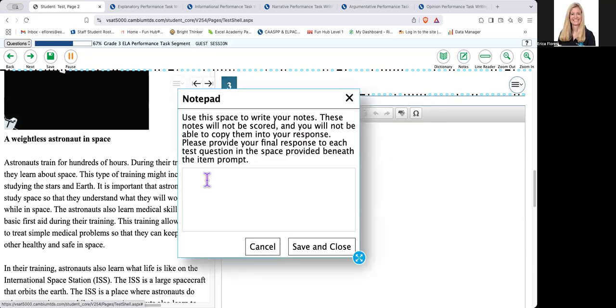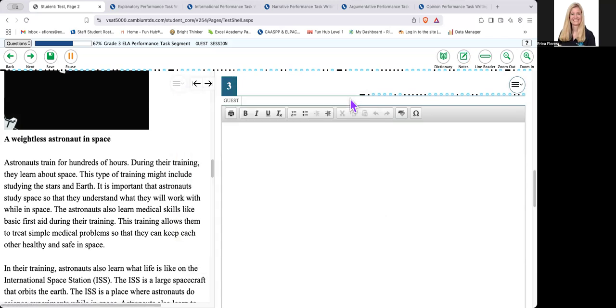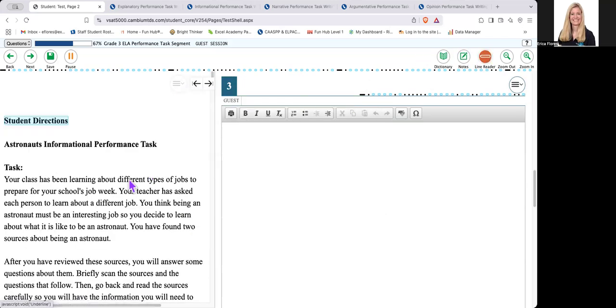If they want to, they can take notes as they read the articles. They can use the line reader to focus on this as they're reading. They can zoom in and out. Now they can't type their essay here. And if you want them to get comfortable with this interface, it's a good idea. Just be aware that once you proceed